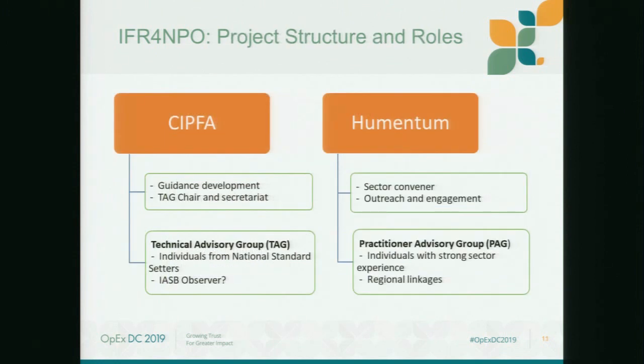In terms of CIPFA and Humentum and our respective roles, CIPFA will provide the technical input to it, so I will chair the technical advisory group, which will include representatives from national standard setters around the world, as well as, we hope, an observer from the International Accounting Standards Board. They've certainly indicated an interest in some form of involvement, even although it isn't formally an IASB project or anything like